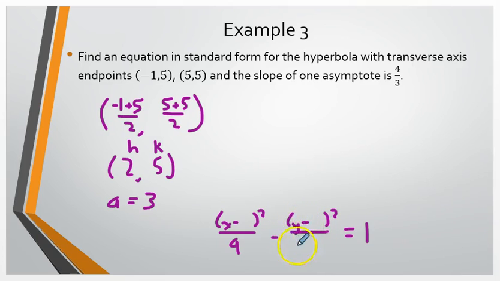So the rise for my asymptote is b, so I need to say b over the run is a. So for figuring out rise over run, it's the number under y on top of the number under x. So b over a in this case. And the slope of the asymptote they gave me was 4/3. Well, this one's nice and easy because if I plug in that a is equal to 3,